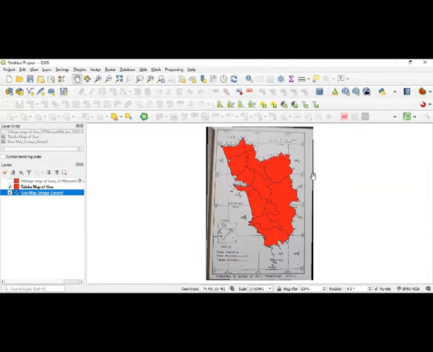So now we have reached the one which is actually going to be zoom in, zoom out, zoom last. Okay, then zoom next, zoom full extent, and all that. Now we will see that on the taskbar there is something called scale. So what you can see here right now, the scale is 1:910,901.